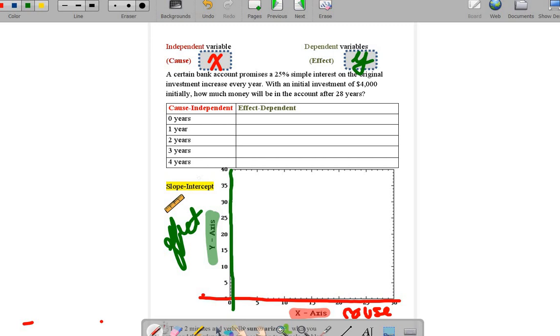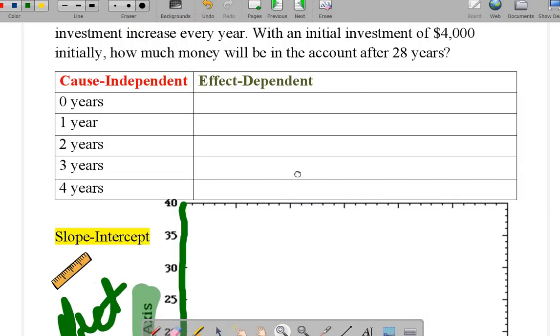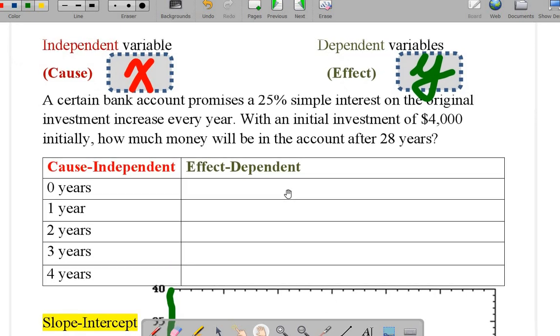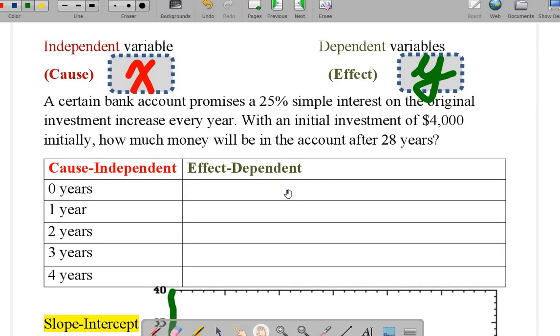Okay, here's a real life example. A certain bank account promises a 25% simple interest on the original investment increased every year with an initial investment of $4,000. How much money will be in the account in 28 years? Okay, so think cause and effect. First off,